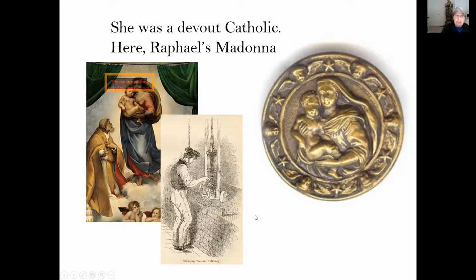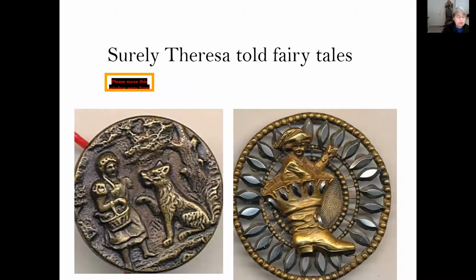All these metal buttons were profitable enough, cheap enough for women to wear after the use of machines. As we told earlier, women didn't begin to wear these beautiful buttons until the 1875 era, which exactly mirrors Teresa's life after the Industrial Revolution. So surely she told fairy tales to her children, and you will recognize Red Riding Hood,